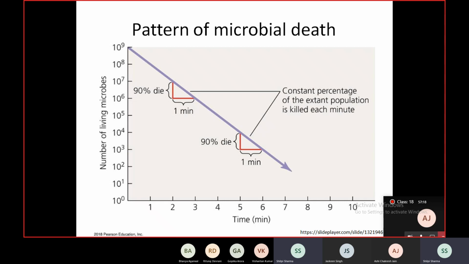It is generally accepted that if the organism loses its reproductive ability, even under optimum conditions, then it's called death for microorganisms. So when subjected to any of these control agents that we talked about, you will notice that the death rate is just like the growth rate. It is logarithmic. This is the plot of the log of remaining population number versus the time of exposure, and it's a straight line. So you see that a constant percentage of the extant population is killed every minute.